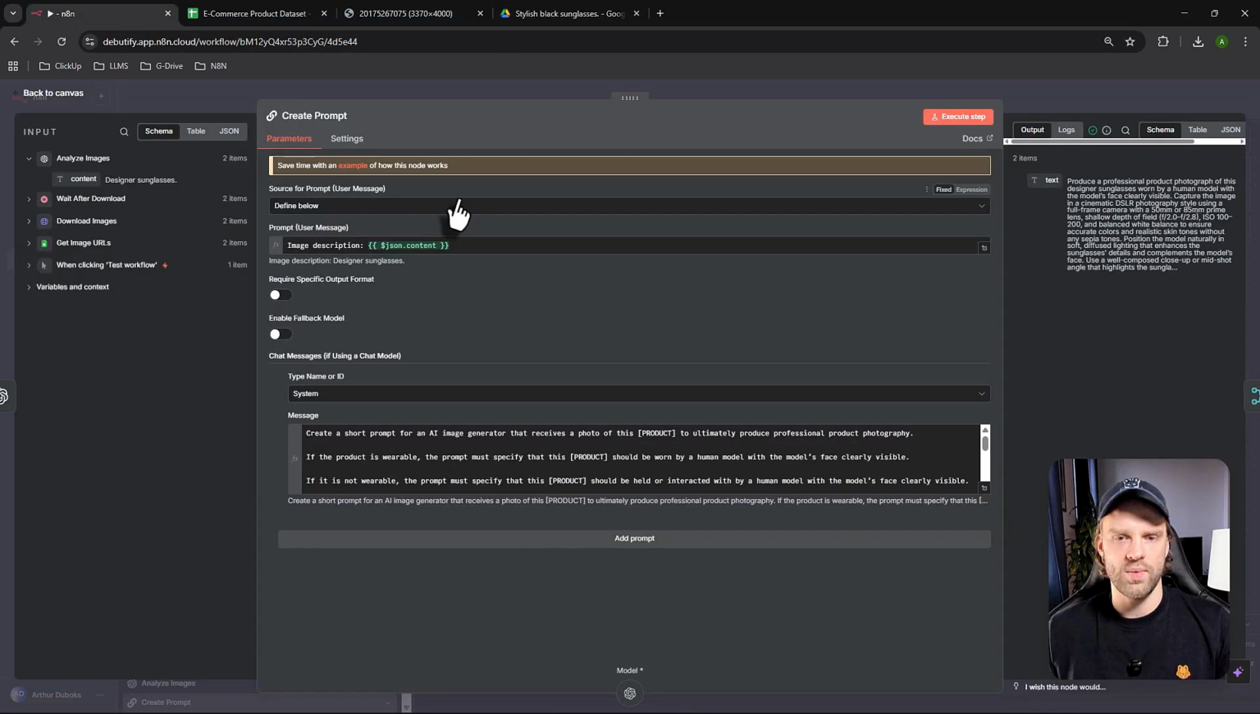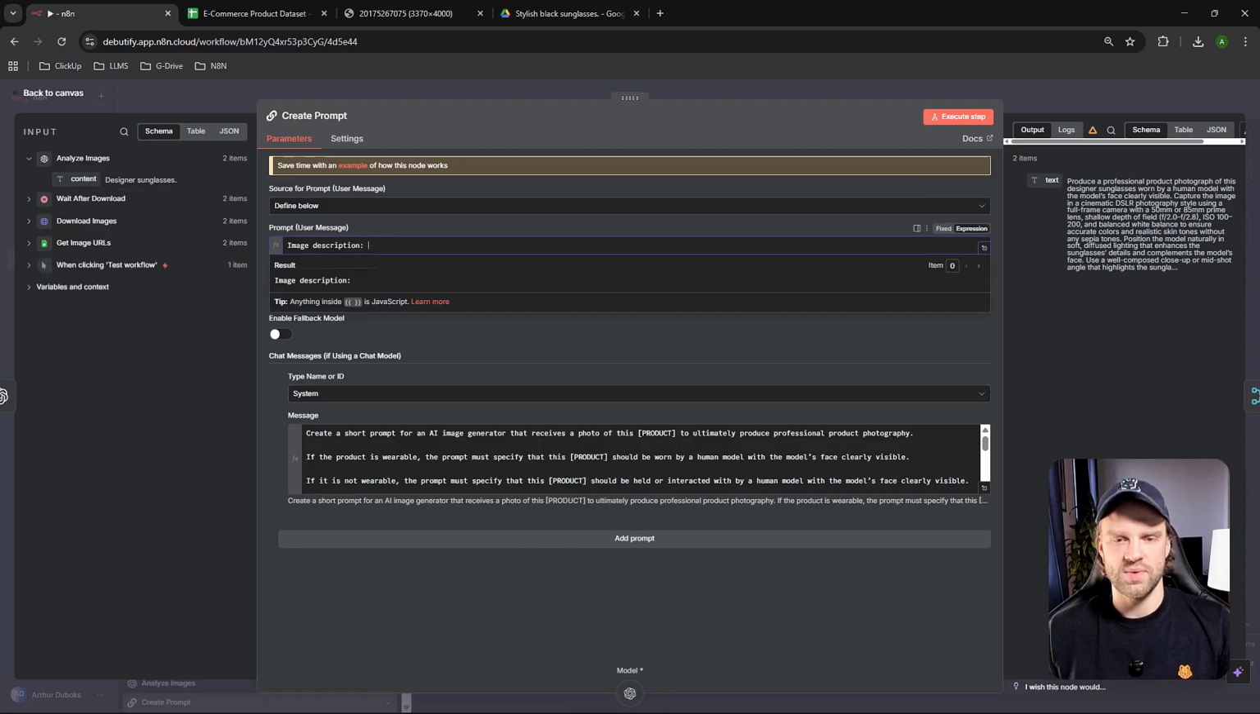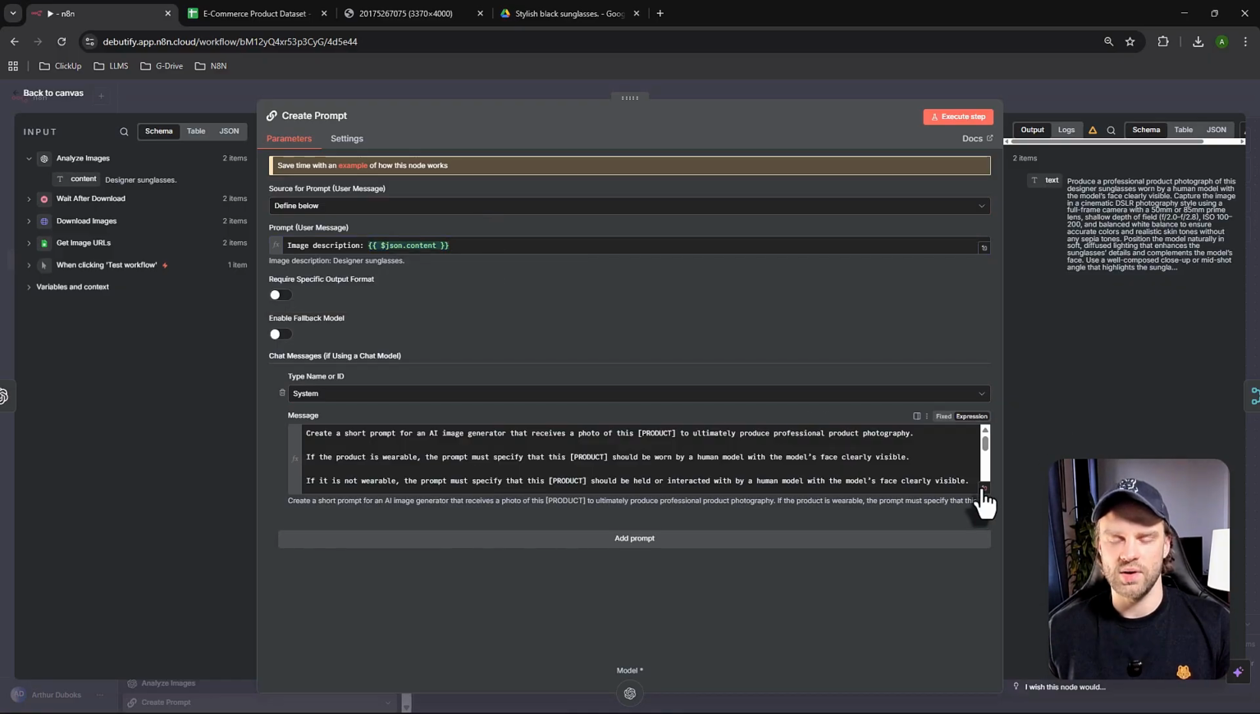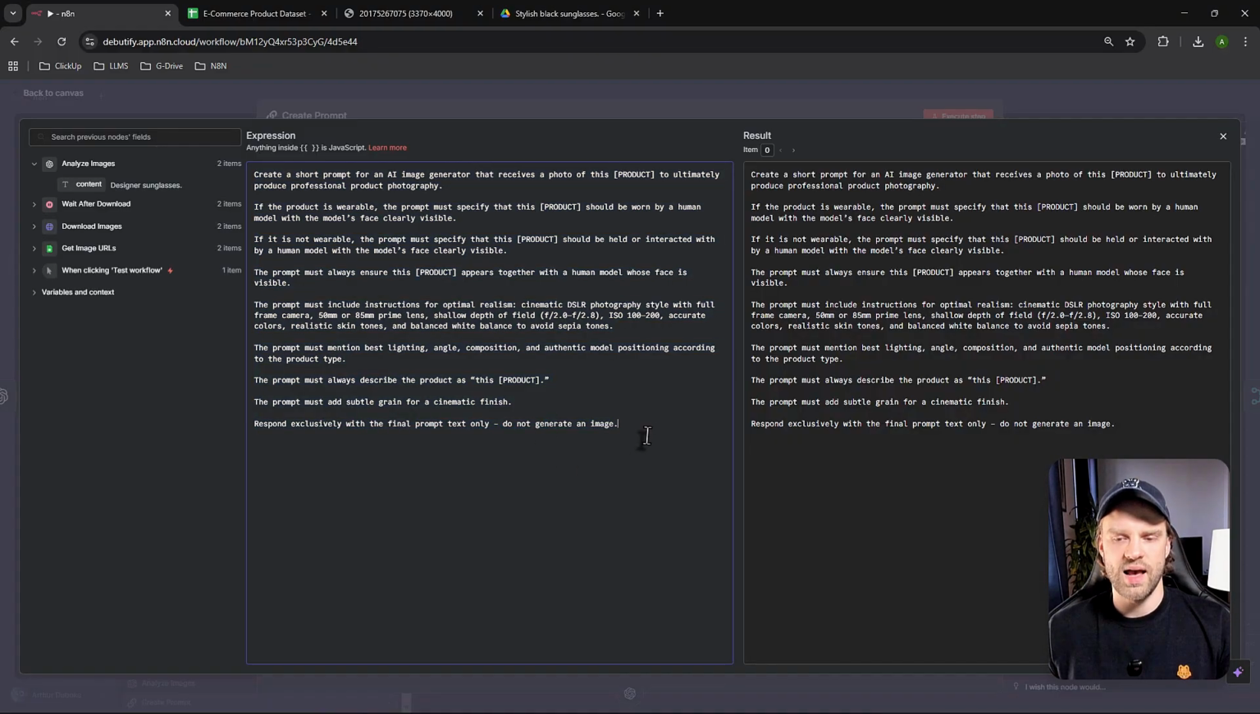So how are we getting all of these? The image description is essentially JSON content. If you can see here, if I delete this one, it's coming from the analyze images node. If I drag it in here, you can see it's an expression, and that's how we can feed expressions between the nodes. And here we have a prompt, okay? This is a system prompt, and this is how we are basically describing what we want to generate as the